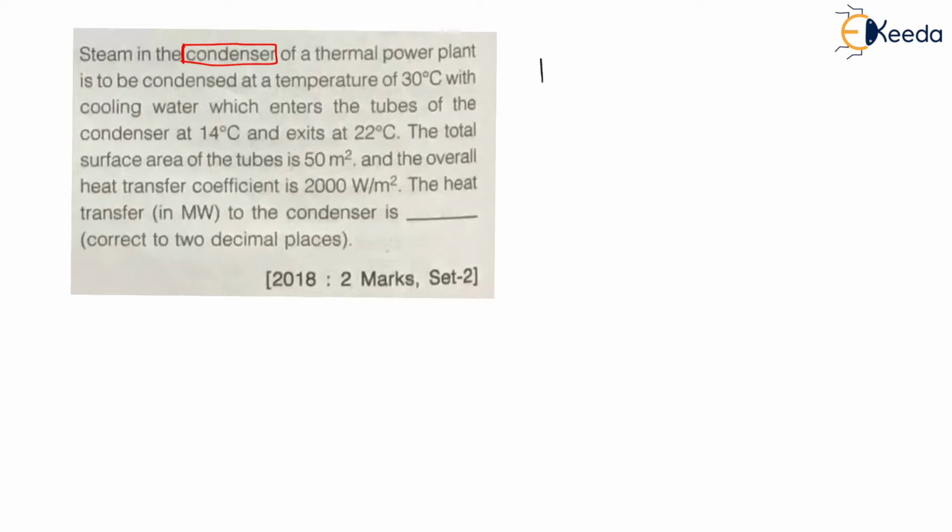So let us draw the temperature profile for condenser. Now here, condenser means the temperature of hot fluid does not change, but there will be a condensation, that is phase change of hot fluid. That is, temperature during phase change always remains constant. Let us say here there is an entry of hot fluid, that is THI, and the hot fluid is flowing from THI to THO. And here they have given steam as a hot fluid. Therefore here steam is flowing, and steam is a hot fluid whose temperature does not change. There is only phase change.